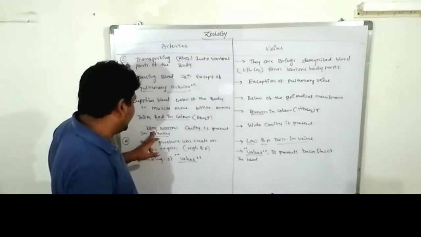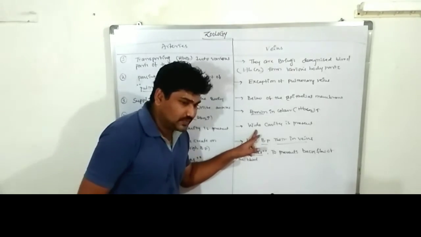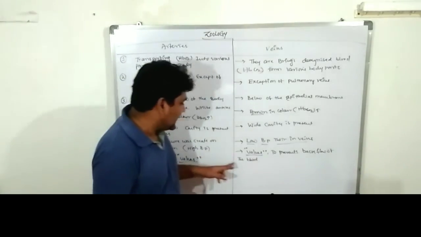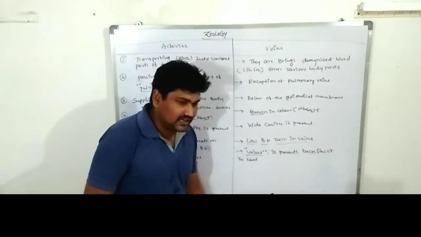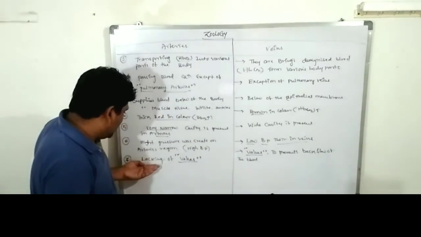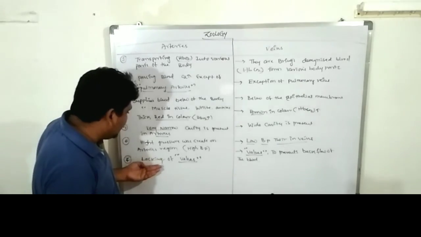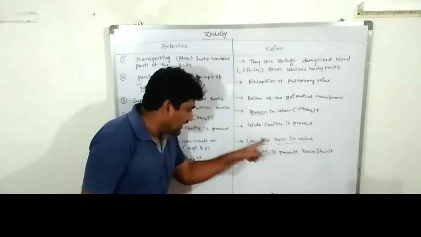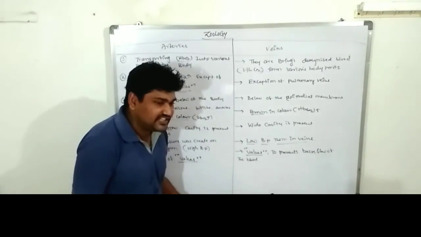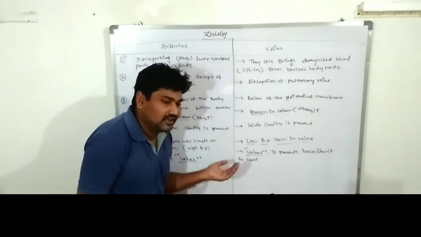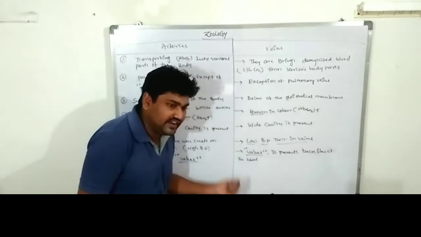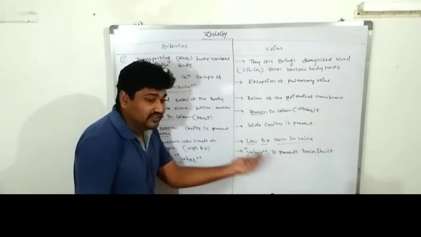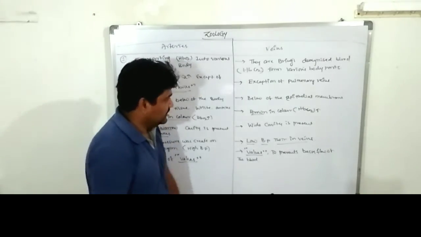A very narrow cavity is present in arteries and a very wide cavity in veins. The high pressure created in the arteries region is known as high BP. Low pressure is created in the veins region. Arteries lack valves. Why? Because high pressure is created, there is no need for valves. Veins have low pressure, so backflow can occur, and this is prevented by the valves, preventing backflow of blood from vein to vein.